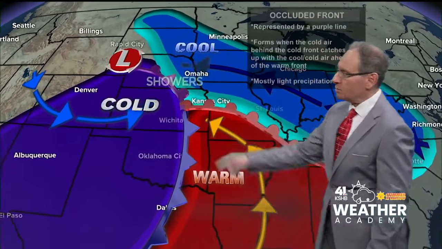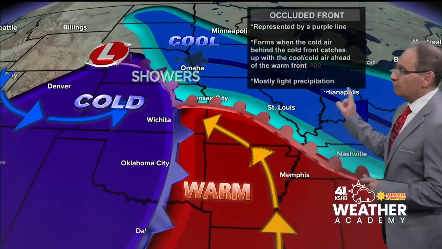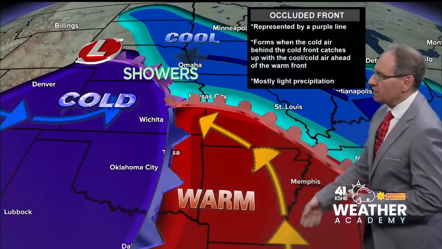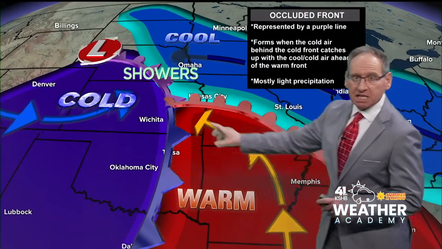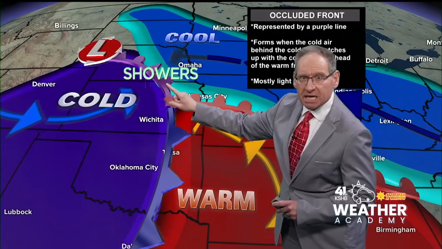The fourth front, the least common one, and we don't show it very often, is called an occluded front. It's represented by a purple line. It forms when the cold air behind the cold front catches up to the cooler air north of the warm front. And so you get this purple line, you get lighter precipitation, and it's usually towards the ending phase of